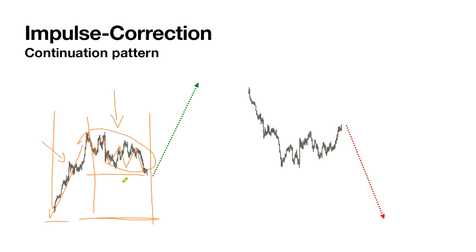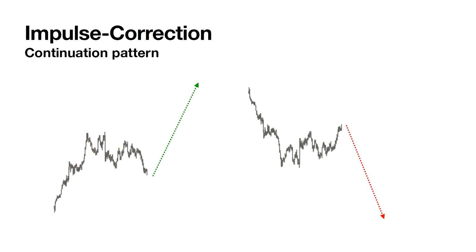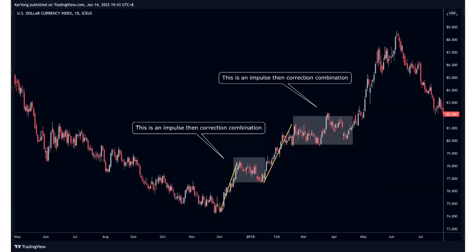Now when we start to see impulse correction, this suggests there's a good chance the market will likely continue in its previous direction. It works for upside, it works for downside. Now I'll show you something on the chart. Take a look at this. These are examples that have already been done. Their outcome is completed, but it's a very good source of showing you exactly what I mean.